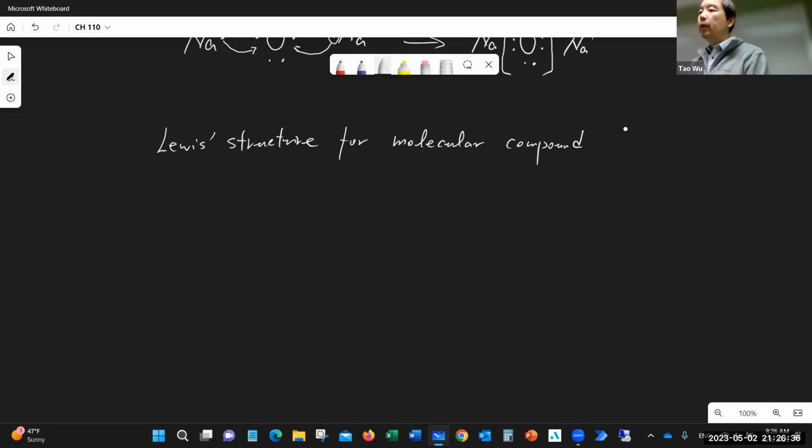Lewis structure for molecular compounds. First off, let's see what happens when we have molecular compounds. For example, we have two hydrogens over there. So one day the two hydrogens